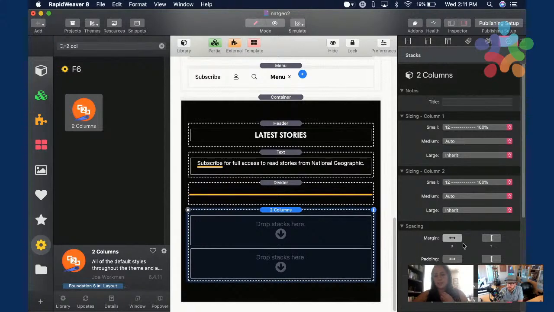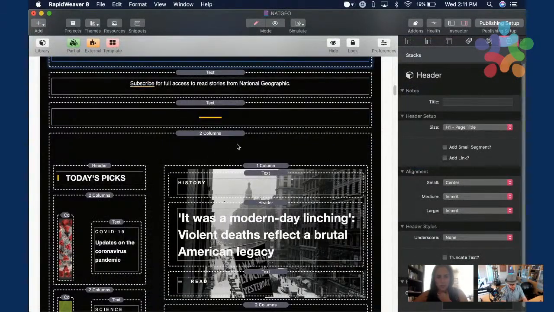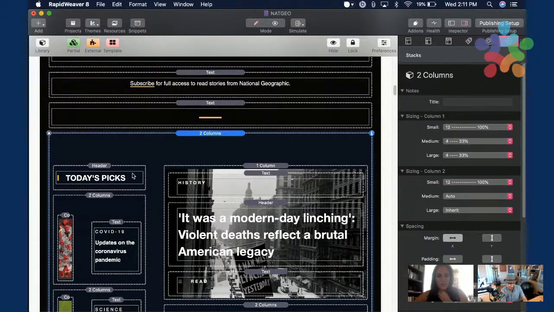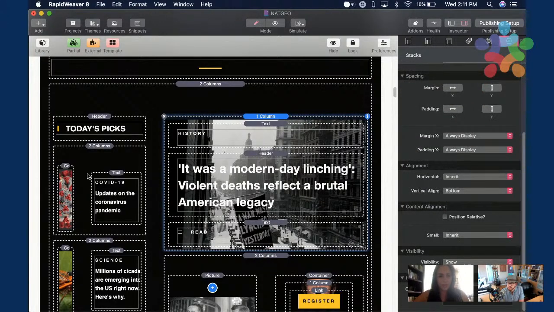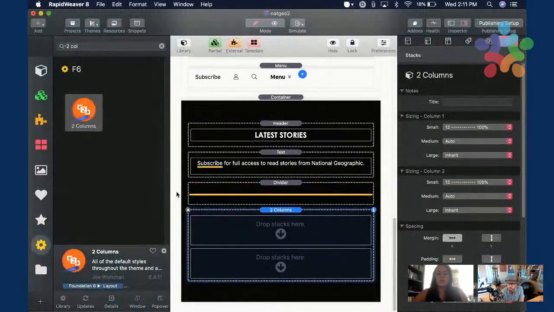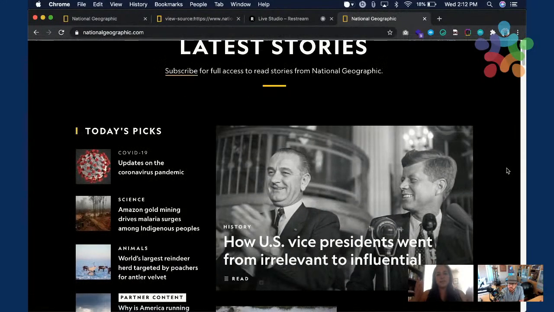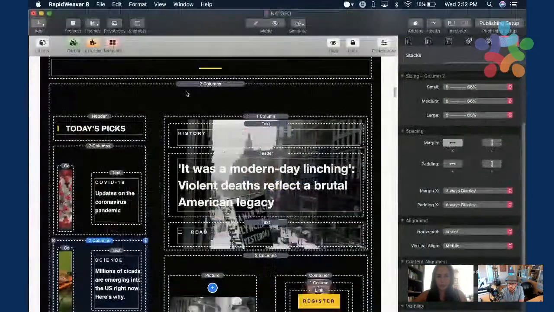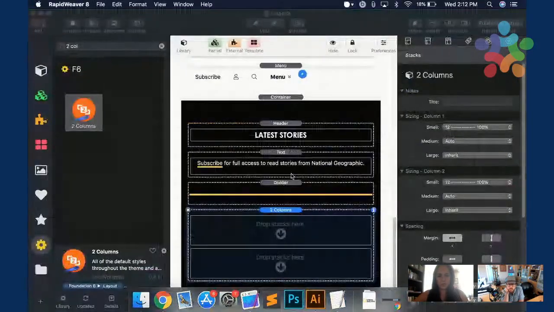So I always add the margin right away because then I forget to do it. But yeah, I use 2 columns and then a header and then a 1 column. I'll tell you why I am using that 1 column. But yeah, and then the 2 columns here. So the 2 columns, if you can see, they're not divided exactly 50-50. So I came up with 8 and 4. So that's what we're gonna do here.